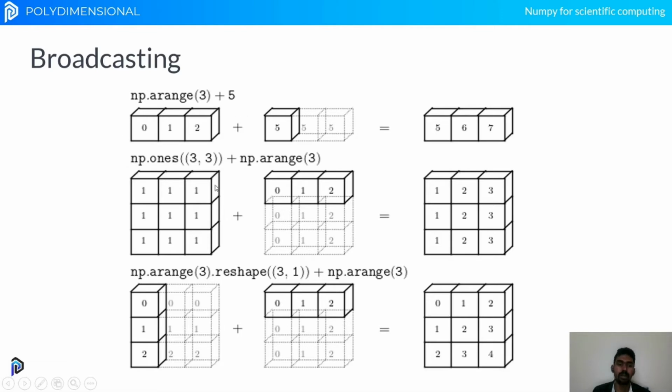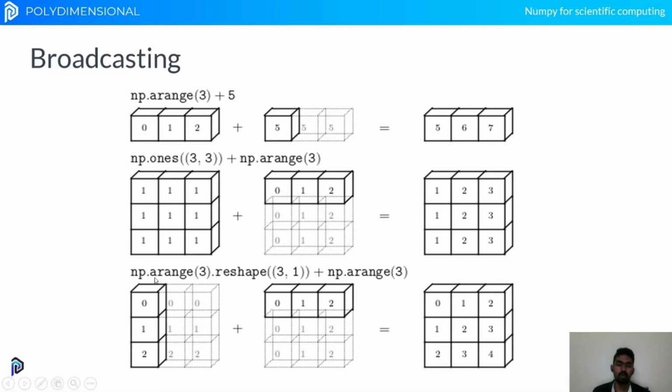The next example, we have a 2D matrix, and we are broadcasting it with a 1D array. What happens is it broadcasts itself along the rows, so it becomes compatible with the first array, and then we are doing the operation.